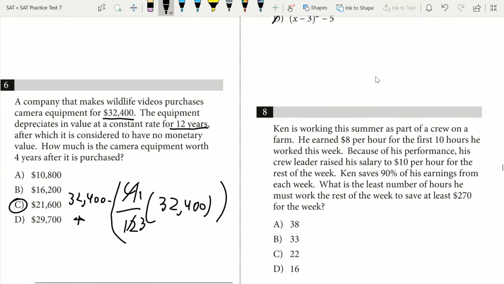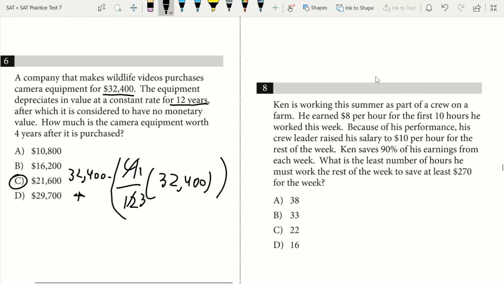Alright, question 8. Ken is working this summer as part of a crew on a farm. He earned $8 per hour for the first 10 hours he worked this week. Because of his performance, his crew later raised his salary to $10 per hour for the rest of the week. Ken saved 90% of his earnings from each week. What is the least number of hours he must work the rest of the week to save at least $210